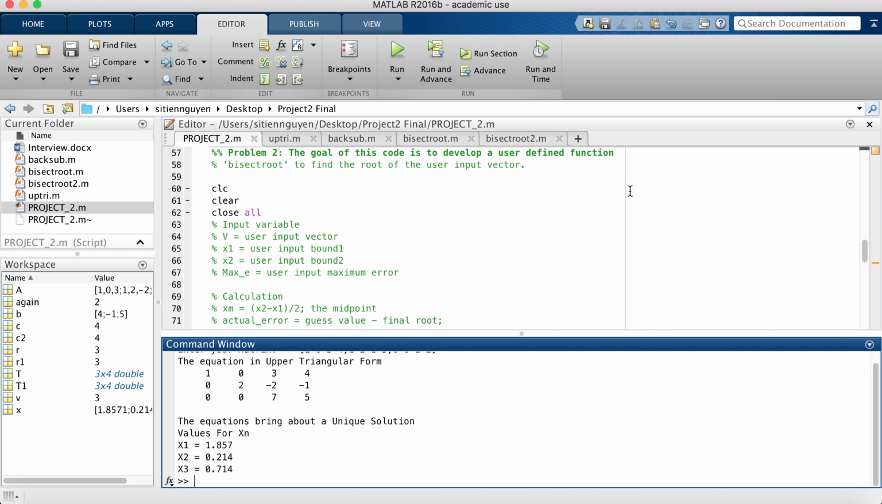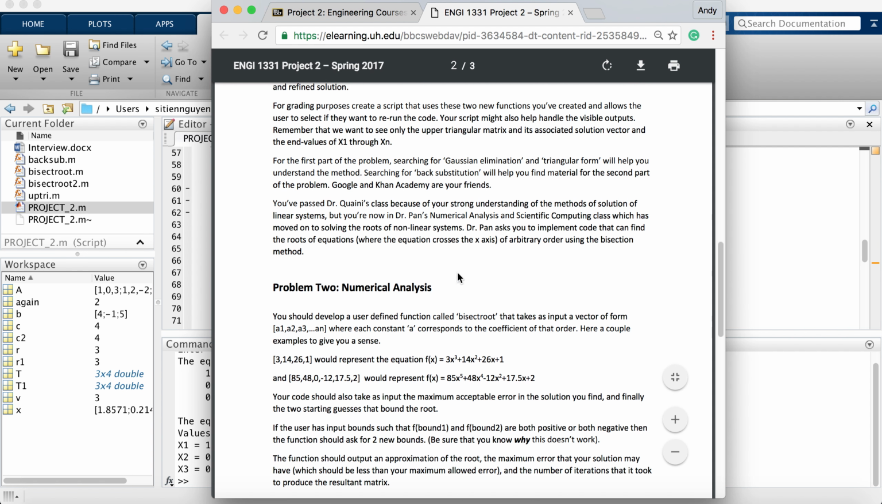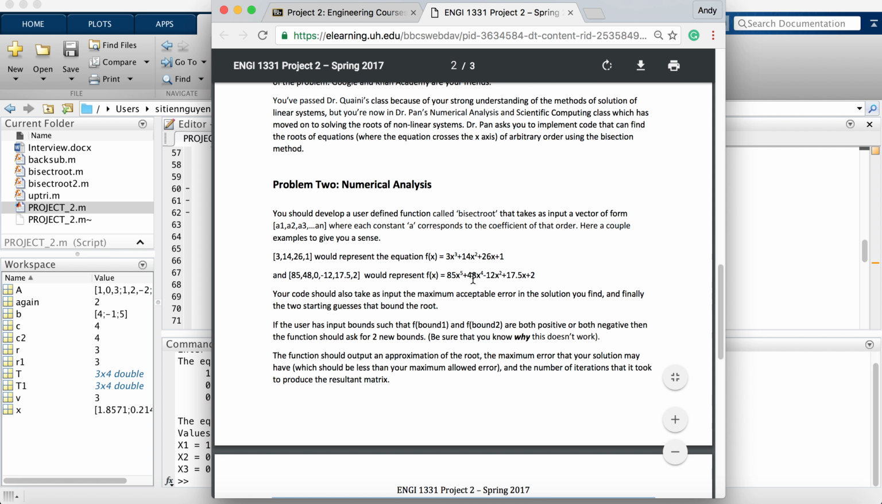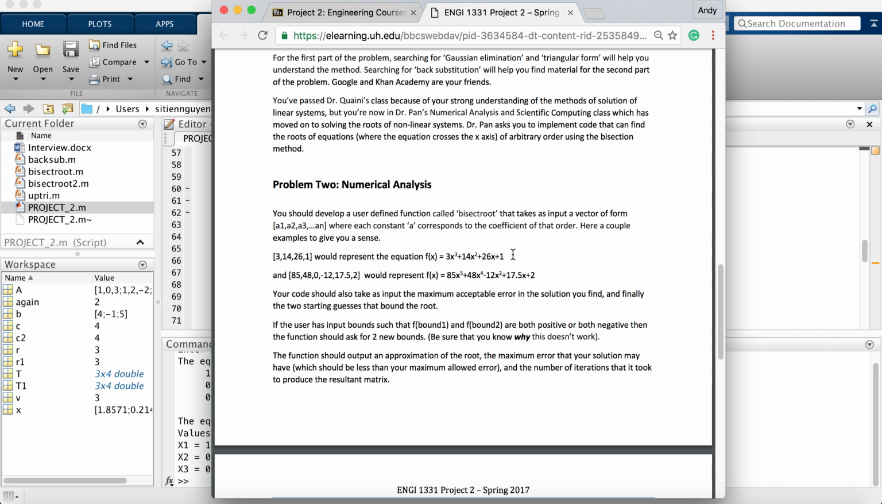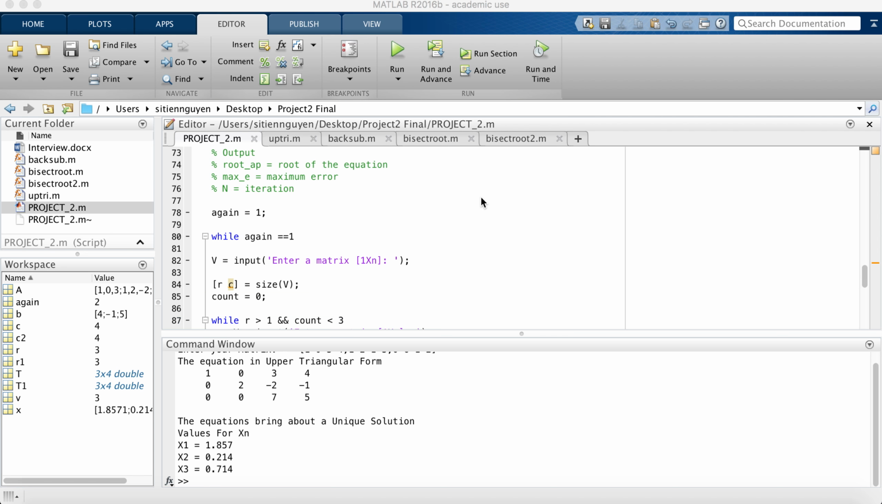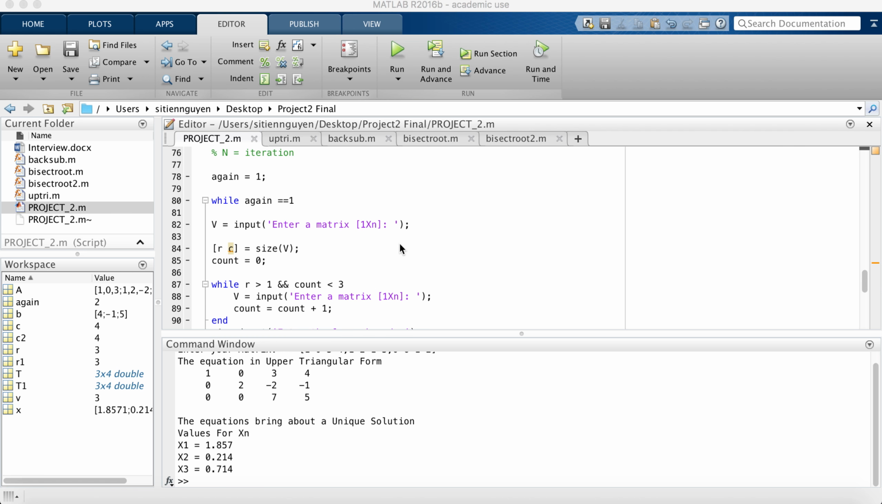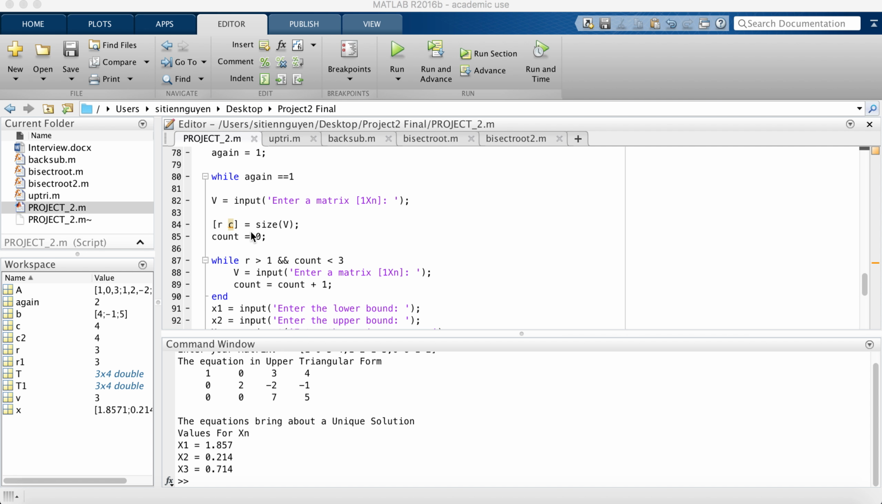Keep going to this project too. The second code that we have to do is the numerical analysis, where the user will input any vector, a row vector, and we need to put it into the form of a polynomial function like this. First, I ask the user to input the matrix, and I calculate